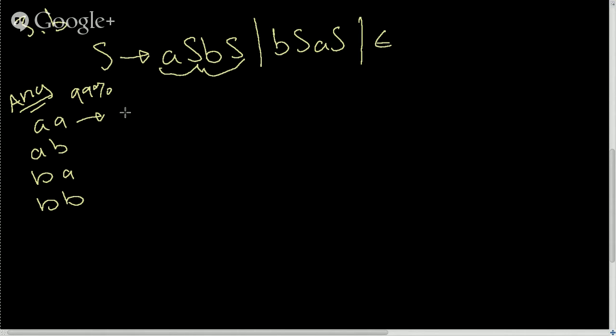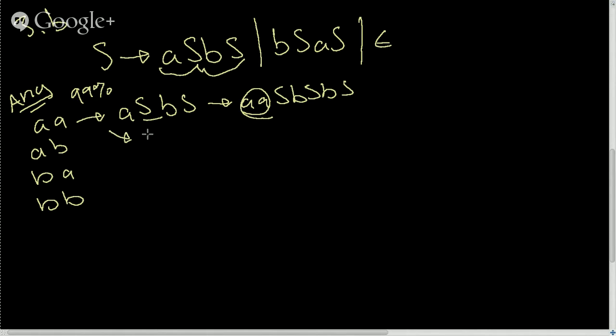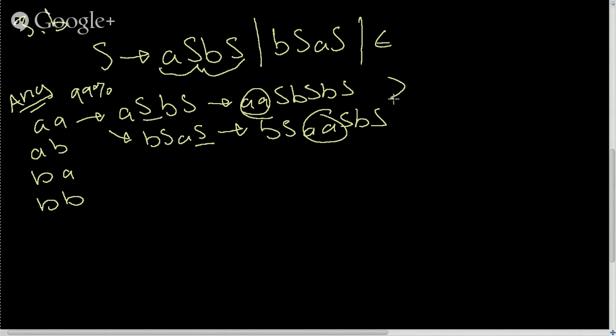So to get AA, we can start with ASBS, and this S can go to ASBS, in which case we'd have SBSBS, and here's your AA there. Or we can start with BS, AS, and this S could go to ASBS, and that would give us BS, ASBS, and there's your AA right there. There are two different ways